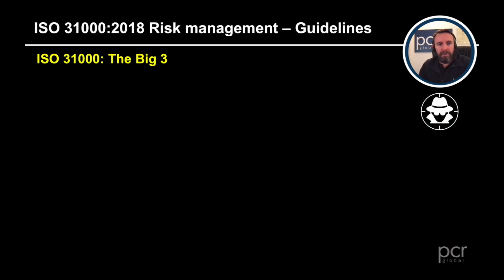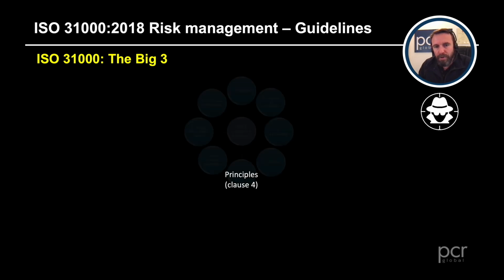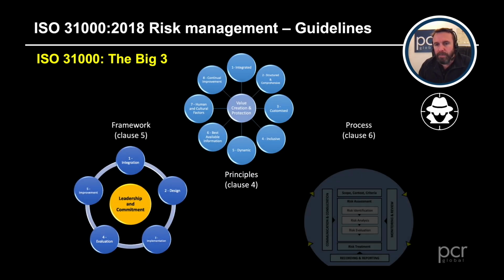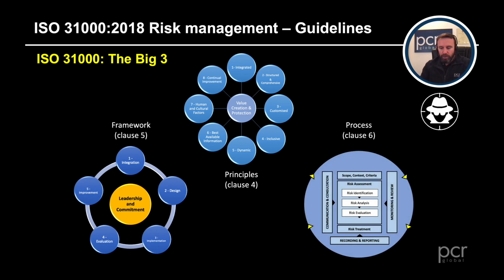I'm now going to mention the big three. This again is another slide from the 31000 course that is being built. Principles, then we have the framework, and then we have the process. So when we look at those three, do they interact? Yes, they do. Principles right at the very top. Why do we need to know the principles of risk management? Because if we don't know them, we will not be able to tell if they are not embedded into an organization. So it's very important. We'll have a look at those a little bit deeper as we go on. I just wanted to show you the big three.